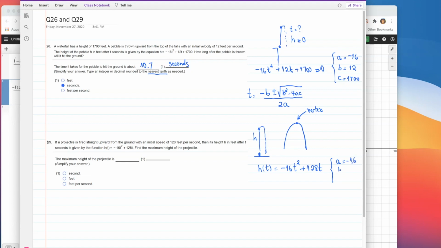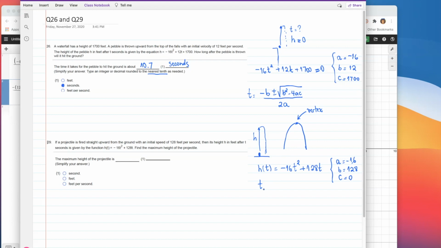The value for B, that's 128. And the value for C, that is 0. There is no constant on this one. And then to find the x, the t, because now my variable is not x, it's t, the t for this vertex here,